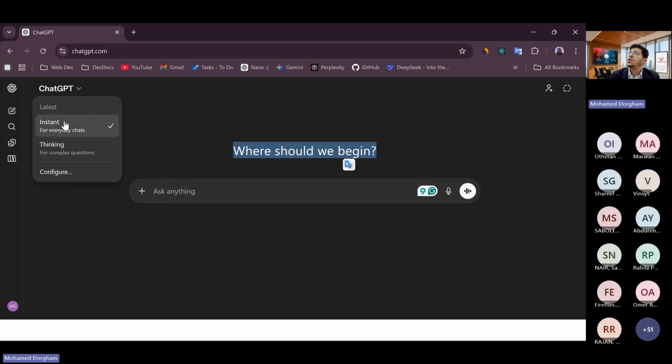One of the brains, of course, here we have what's called Latest or Instant. This is a mode of ChatGPT that is the best for everyday tasks or everyday chats. There is another mode called Thinking, and this uses a complex methodology to process your question, a deep thinking mode. Like it would actually sit down and think about the question you write in a much more complex way.